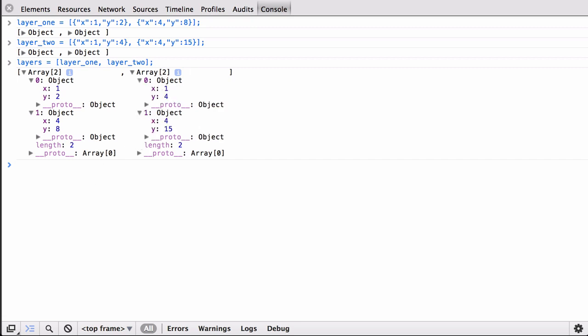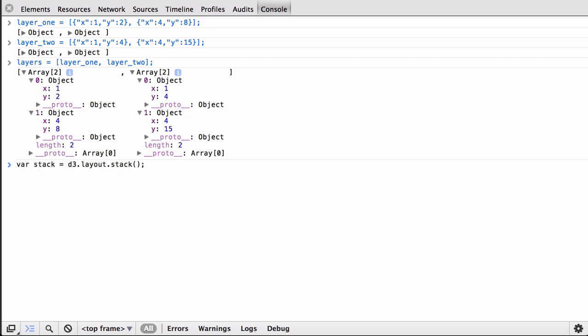We can see that the first array and first object has an x of 1 and y of 2. We can see that the second array and first object has an x of 1 and y of 4. Because they have the same x, we know that these two objects will be stacked on top of each other. Rather than doing the math and figuring out where the new baseline will be, let's get the D3 stack layout